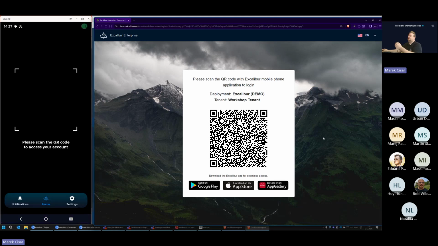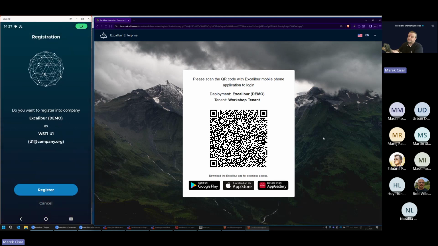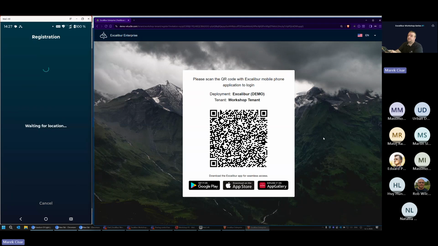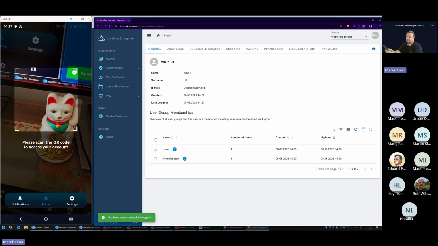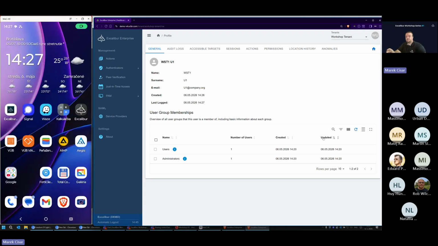Now I will scan the registration QR code. I will register as the user, and that's it. I was successfully able to register to the new tenant with his own dedicated user.